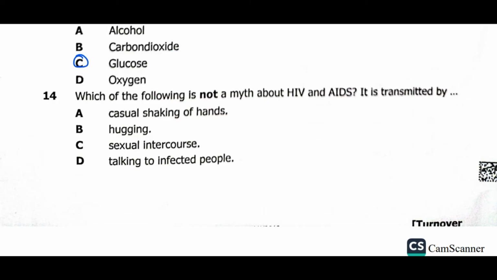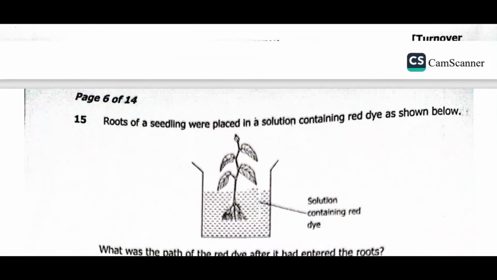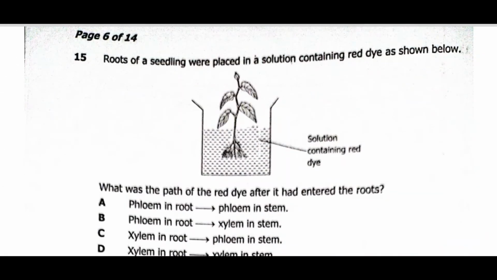Then 14. Which of the following is not a myth about HIV and AIDS? It is transmitted by. So a myth is something like just a saying. In actual sense, it's not true. So A, casual shaking of hands. This is a myth because the HIV cannot be transmitted through shaking of hands, hugging, no. C, sexual intercourse is our answer. This is a true point. Then we move on to question